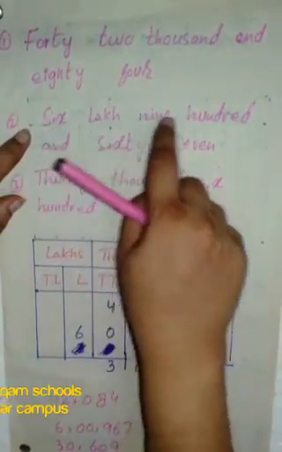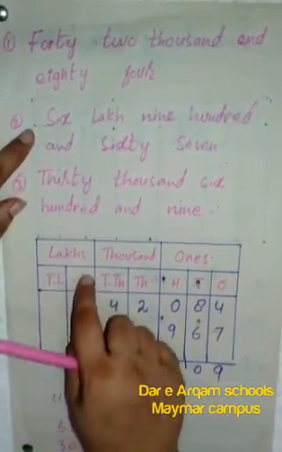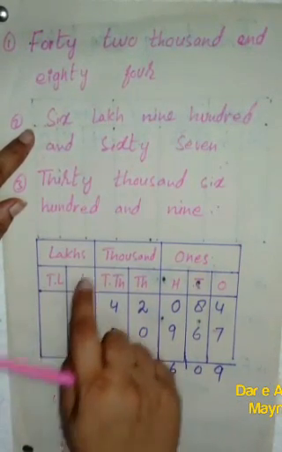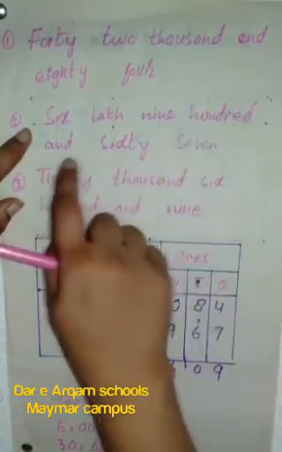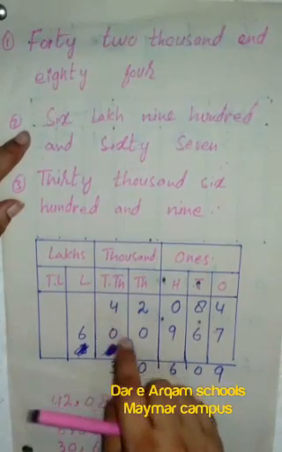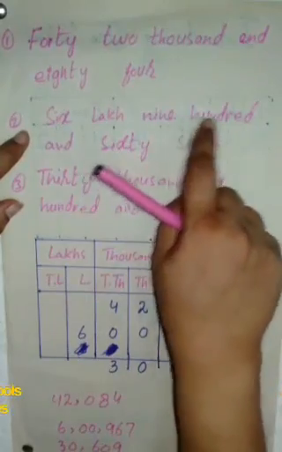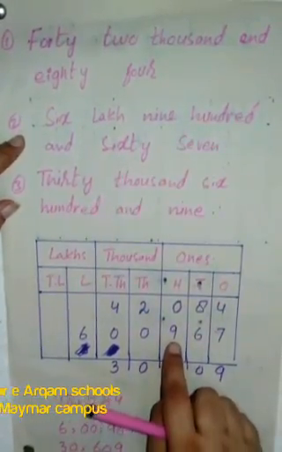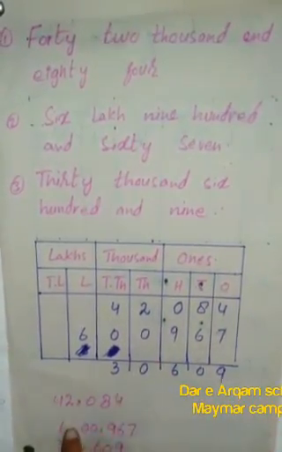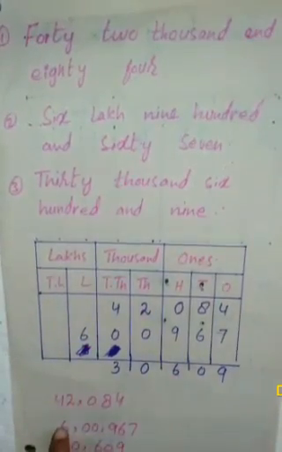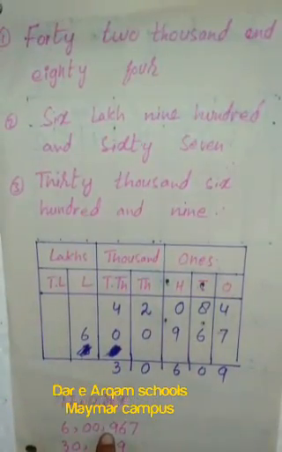Next we have 6,00,967. In the lakh column we have only one number, 6, so you will write it as 6 lakh, not in 10 lakh, in the lakh column. So you will write here 6 lakh. And then we have 967. We don't have any number of 10,000 or 1,000 place value, so you will write here 2 zeros. And at last we have 967, so you will write 9 in 100 and 67 at last in the tens and ones columns. And put commas according to their periods. After one digit we put one comma, after two digits of thousand we put one comma.